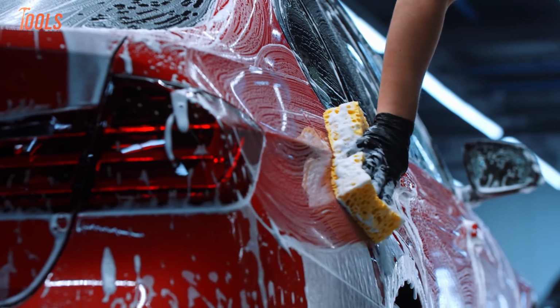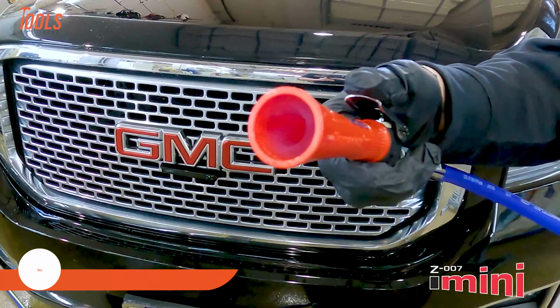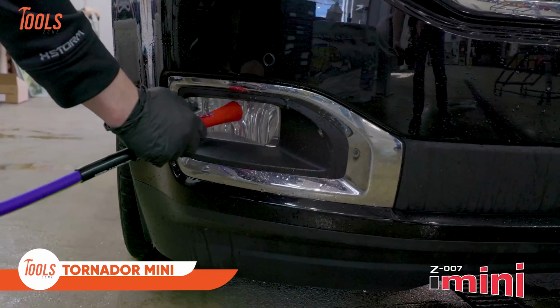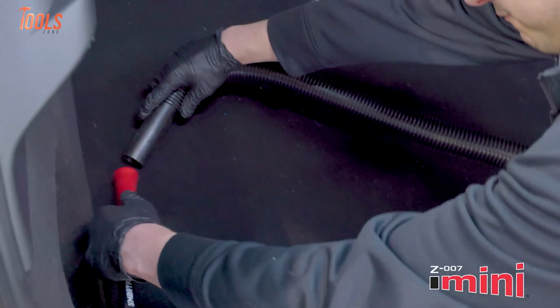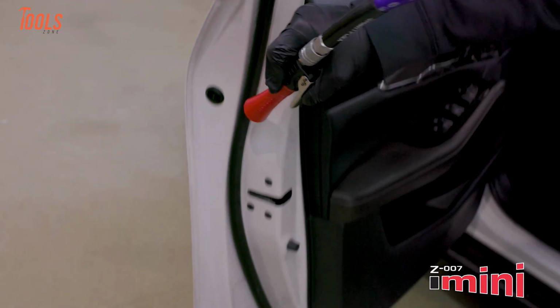You know those times when you're trying to clean your car and you just can't reach certain spots? That's exactly why you need the Tornado Mini in your life. It's this clever little tool that combines air pressure with cleaning solution to do the hard work for you. When you use it, you'll immediately notice how it gets into all those frustrating nooks and crannies that your regular